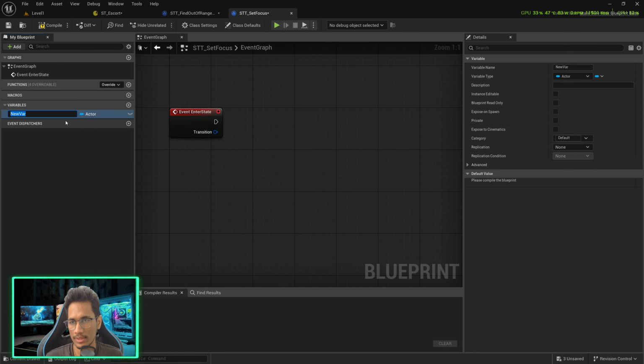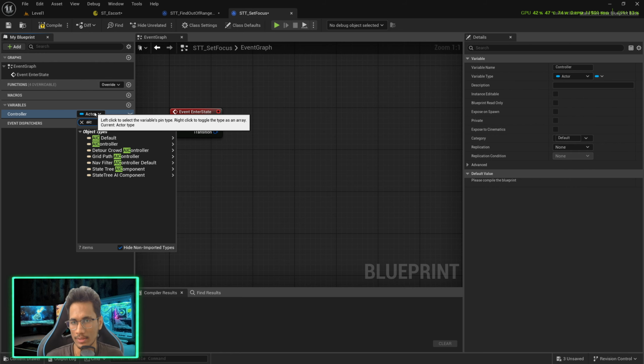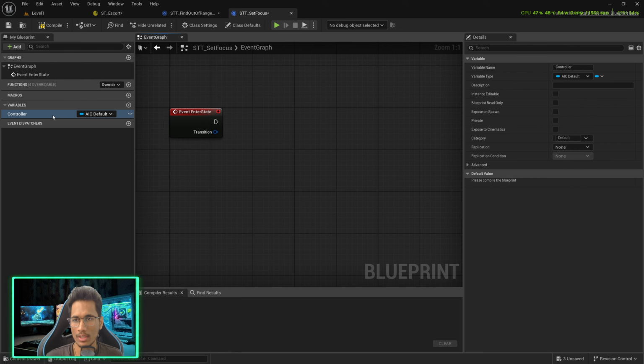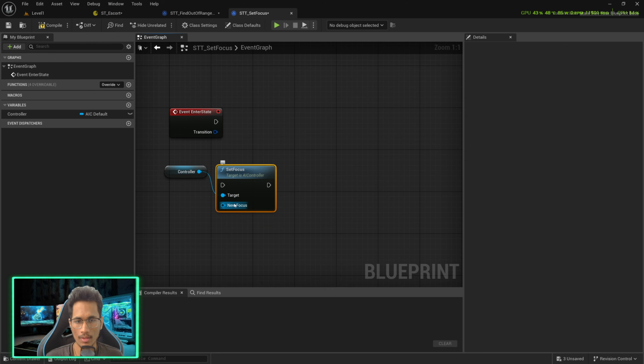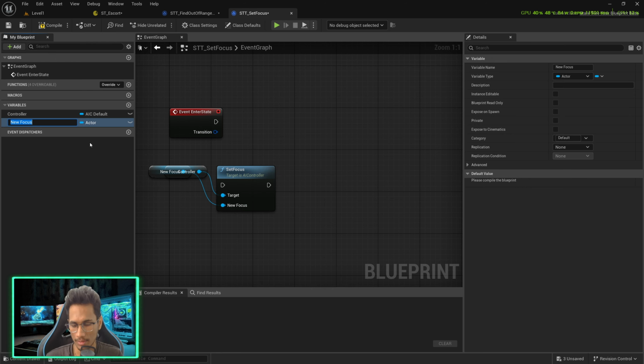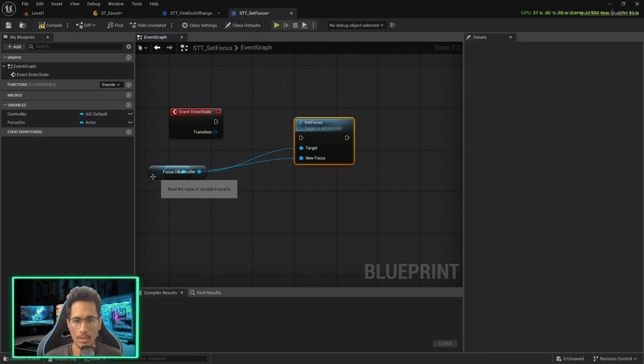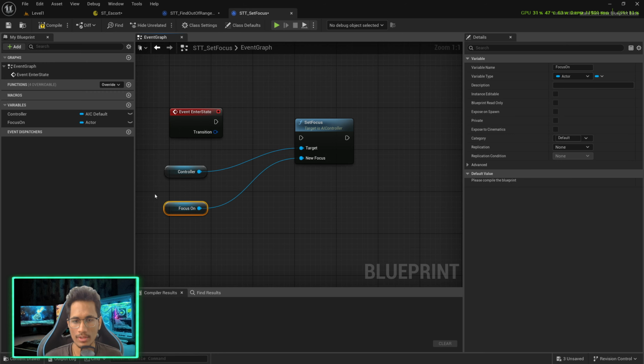So here we would like to enter. So I want to access the controller so that I can set the focus. I'll set it AIC default and I'll say set focus and I'll promote this to variable and I'll say focus on. Now, if I do not pass this focus on, that means I would like to clear the focus. We cannot create another task just for this. It should be self-understood by the function. So what we'll do, we will say that